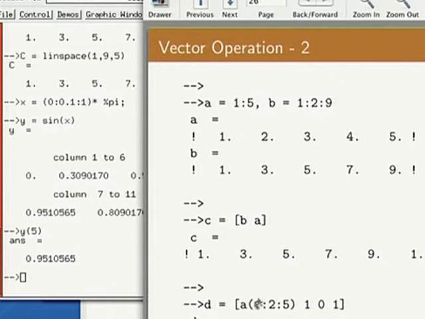Let's look at this command. D equals A of 1 in increments of 2 up to 5. Now, A is 1, 2, 3, 4, 5. Let's do the following.